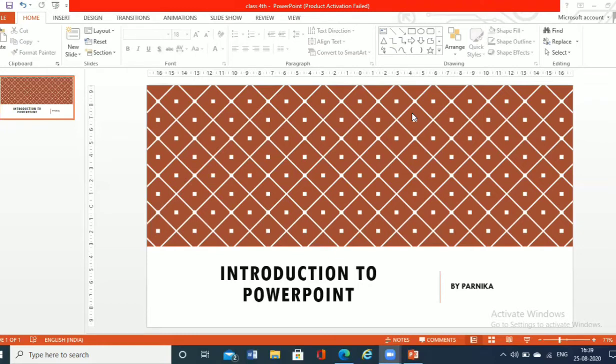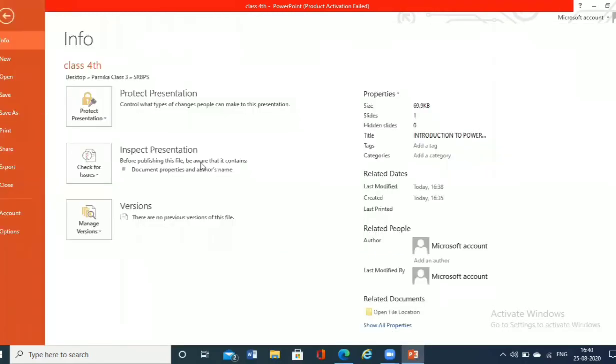Now, once I've saved my file and worked on it, I want to close my file. If I want to close my file, I'll click on the File tab. Once I click on the File tab, there will be a lot of options available. Once again, under the left pane, I'll go with the Close option.